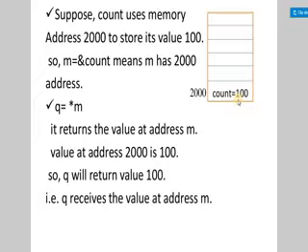Another way, if I write q++, then also it will perform the increment operation on 100, because q is equal to *m, m stores the address 2000, and *m is representing the value stored at that address which is also 100. So if I write increment of q, then it will increase the value of 100. So those are the two different ways we can represent a variable: one directly by using the variable name, another indirectly by using the address of the variable.